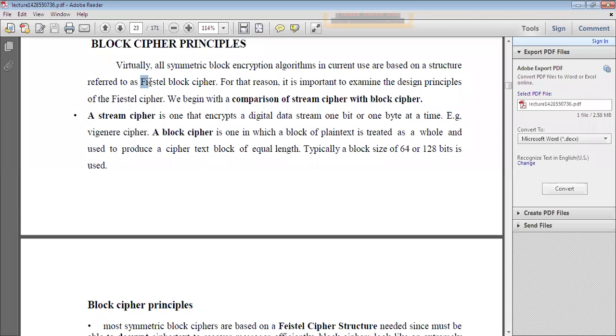So here generally in Feistel network we have to use the Feistel block cipher. Next one is stream cipher. Stream cipher means the entire plain text you have to divide into digital data, and that is a stream of bits, either one bit or one byte at a time. So binary cipher you have to consider as a stream cipher technique. The example of block cipher technique is the Feistel block cipher, and the stream cipher you have to use for the binary cipher.